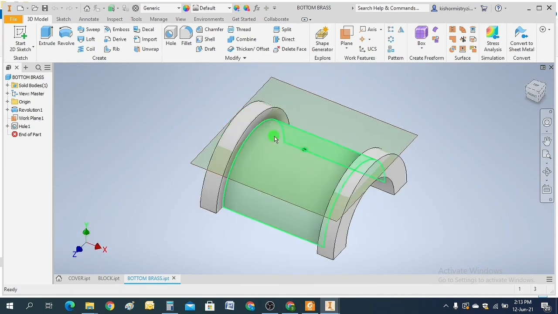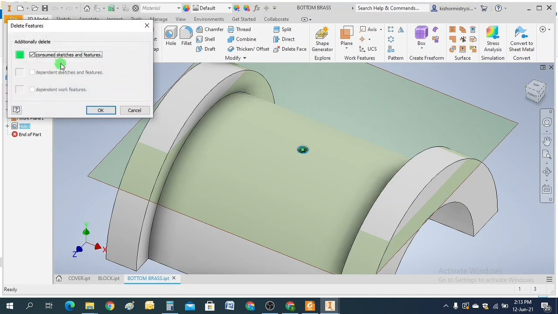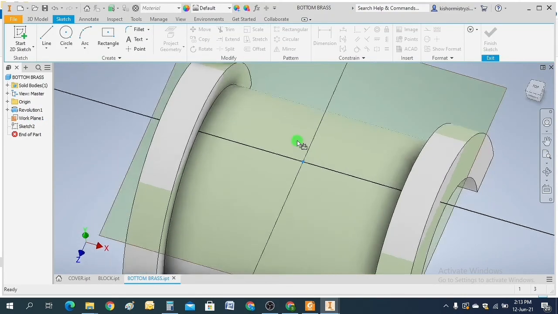In the bottom half there is an extruded part in it. So I will go to hole and delete the hole, but it is asking me to consume sketch as a feature. I will deselect this, then I have this sketch and go there, edit sketch.